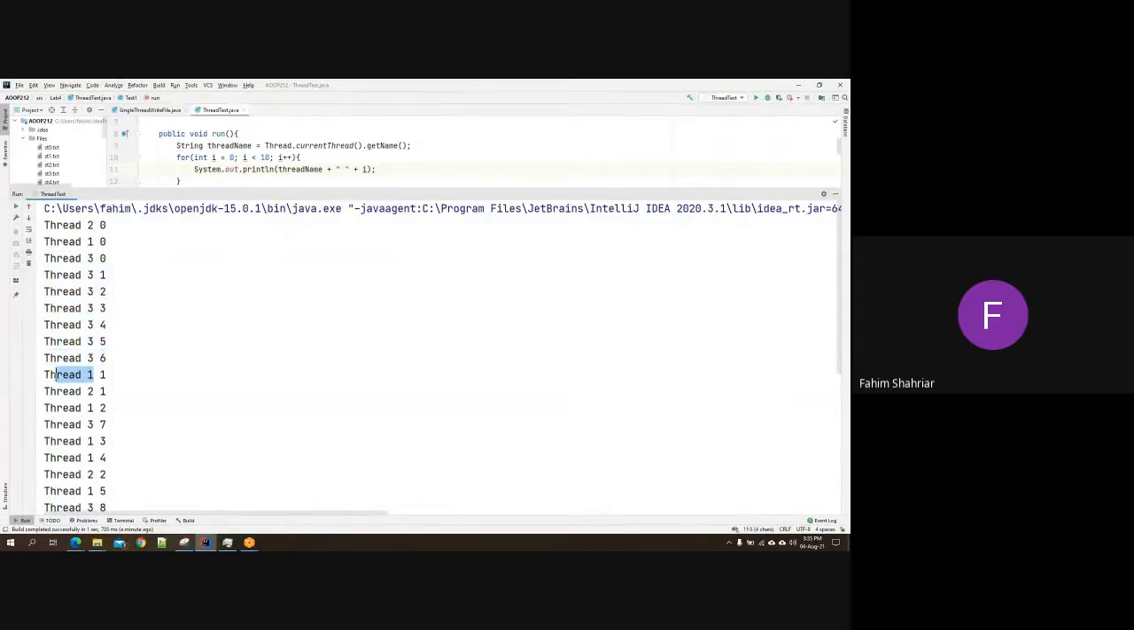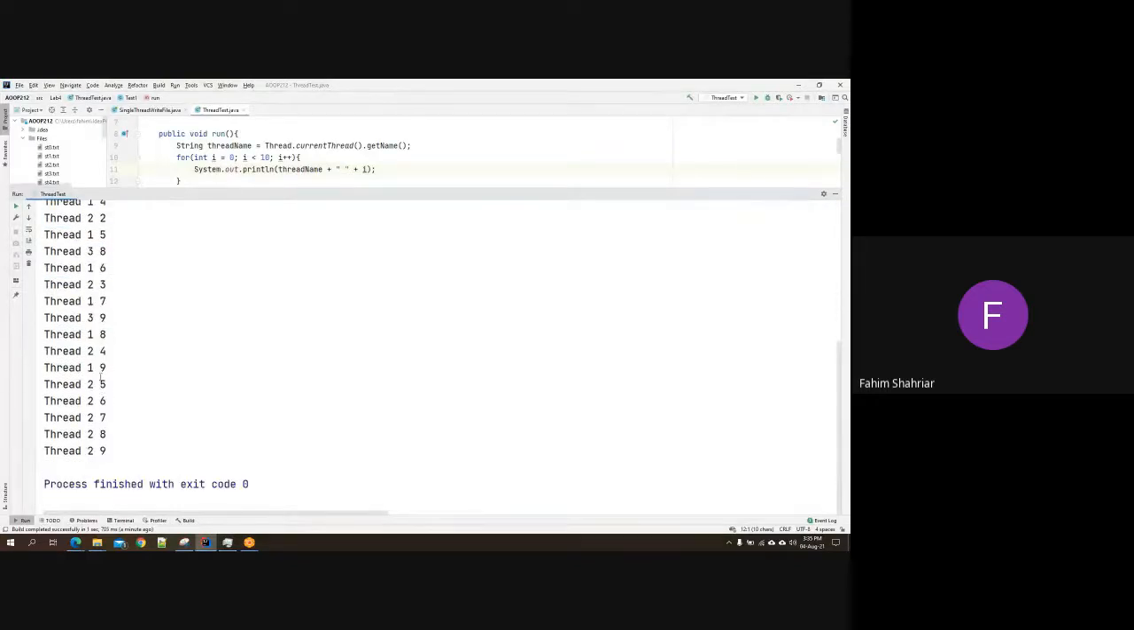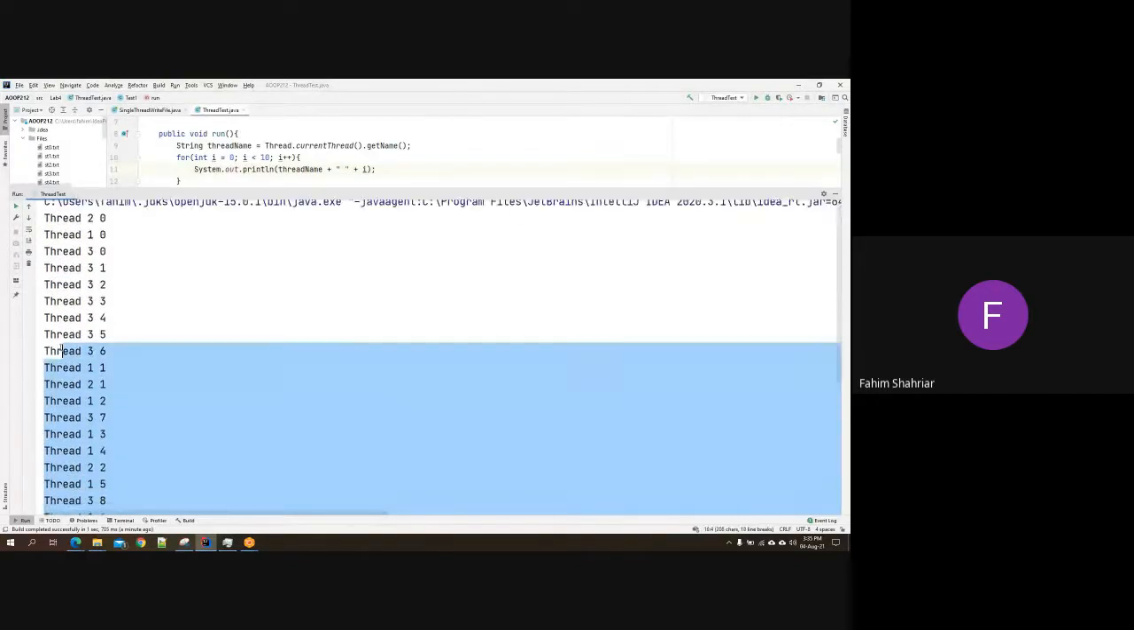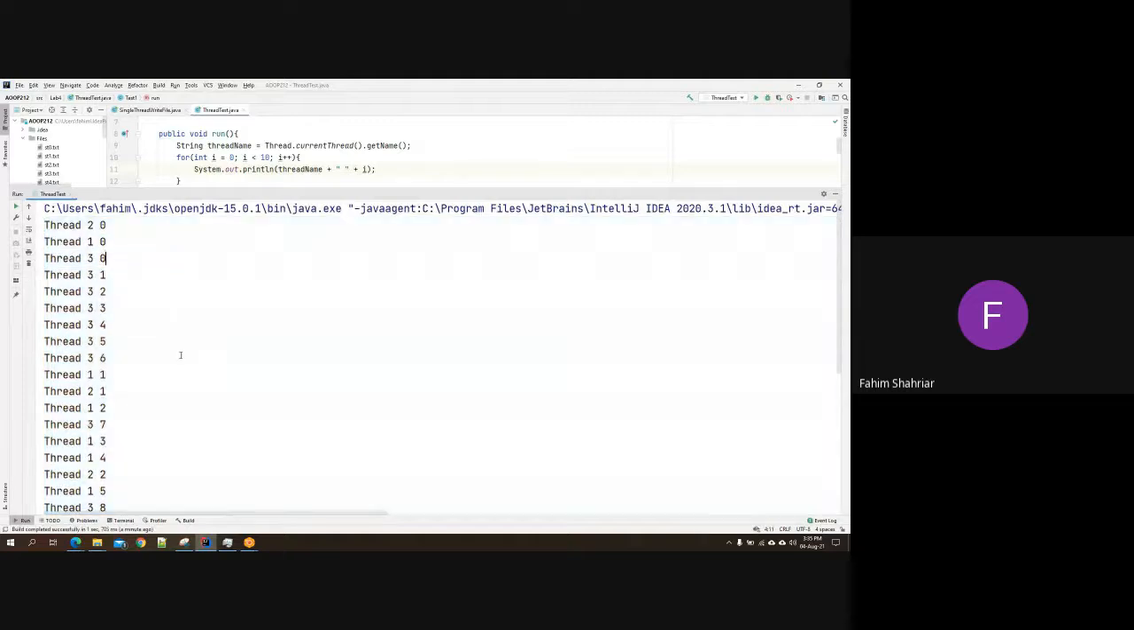Then it switched to thread 1 again. So previously it printed 0. Now it printed 1. Then again switched to 2 and printed 1. So previously it printed 0. Now it printed 1. Okay, and so on. তাহলে এই এক্সাম্পল আমরা অ্যাকচুয়ালি থ্রেডের যে সুইচিংটা হচ্ছে সেটা আমরা দেখতে পাচ্ছি।